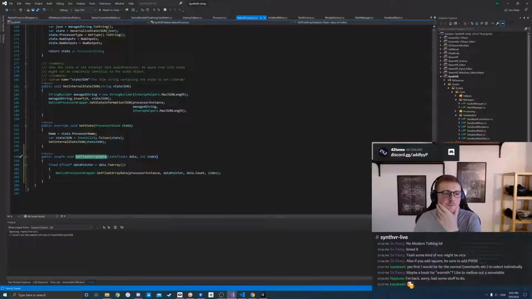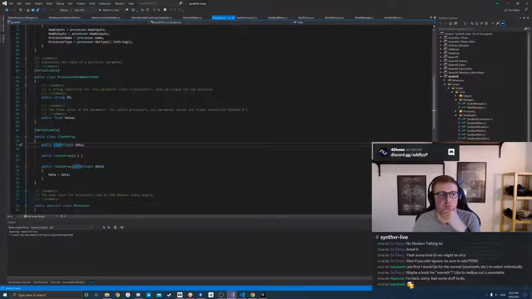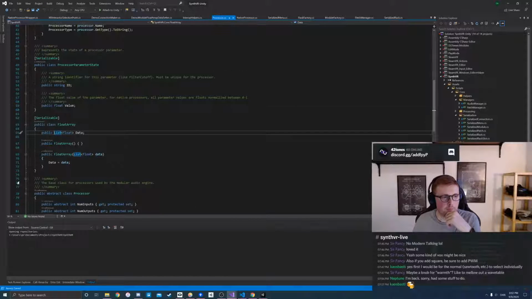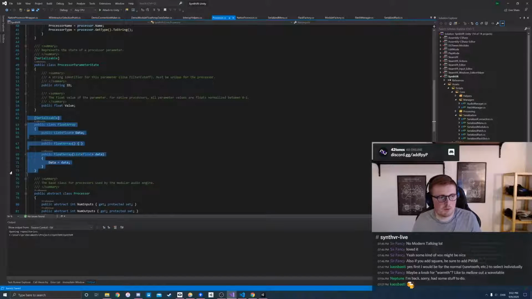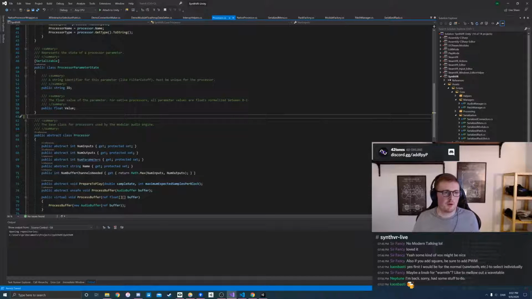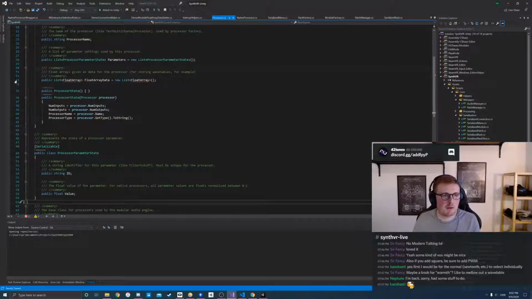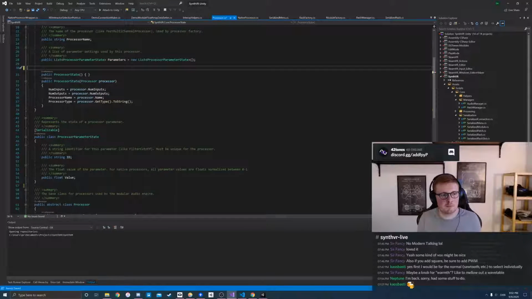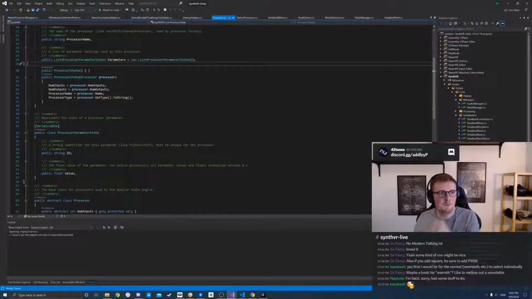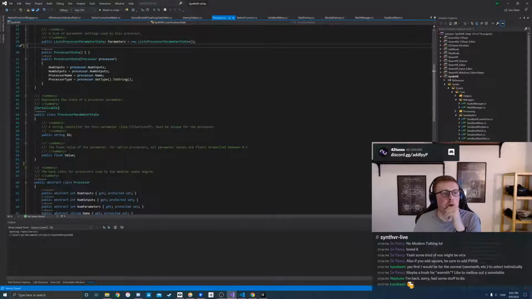This is no longer part of processor state. We're no longer saving the float array data. That is Unity's job now. So